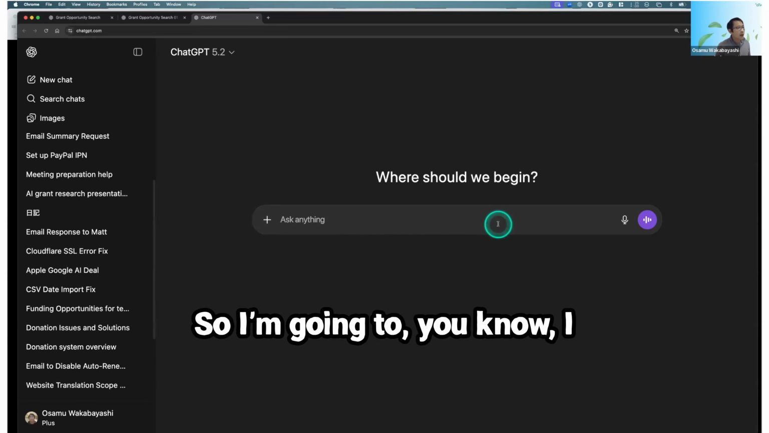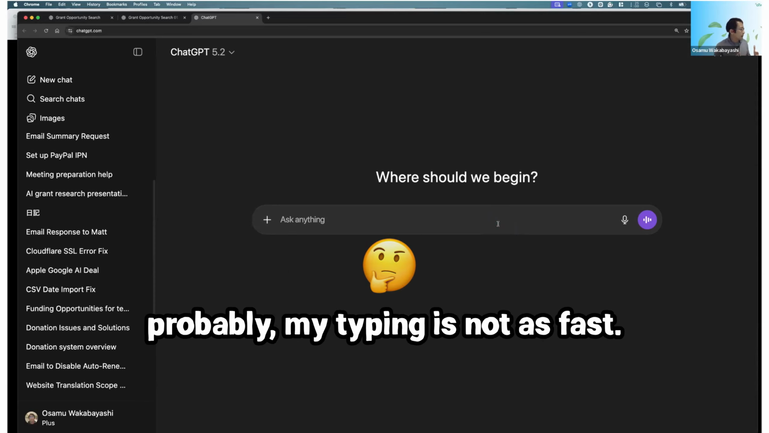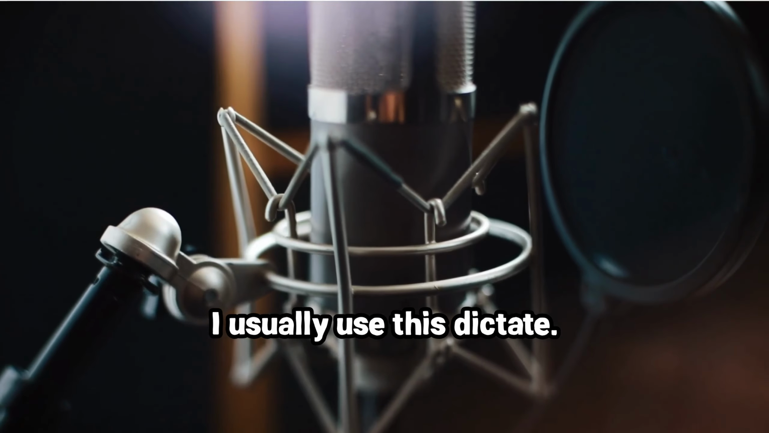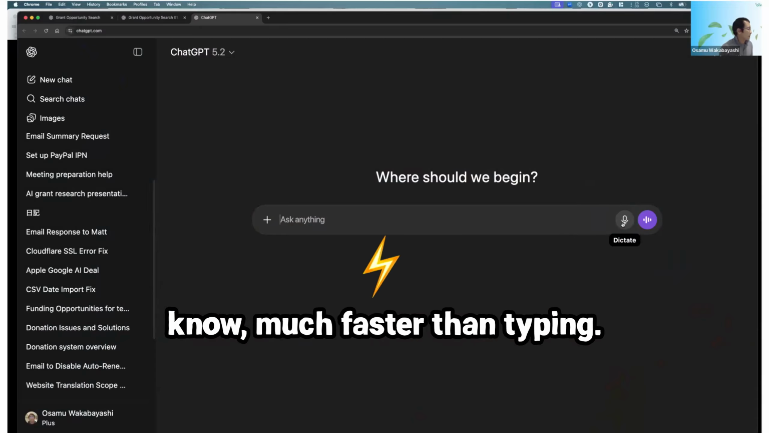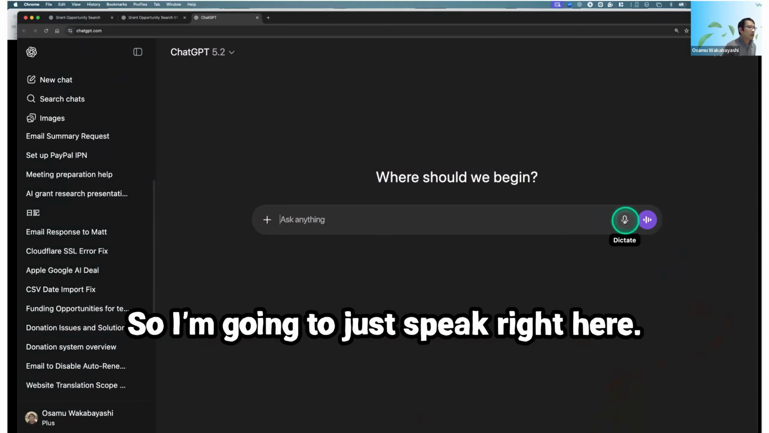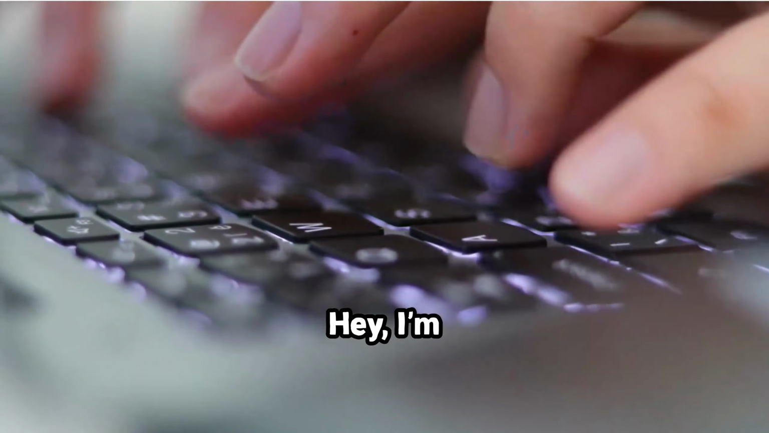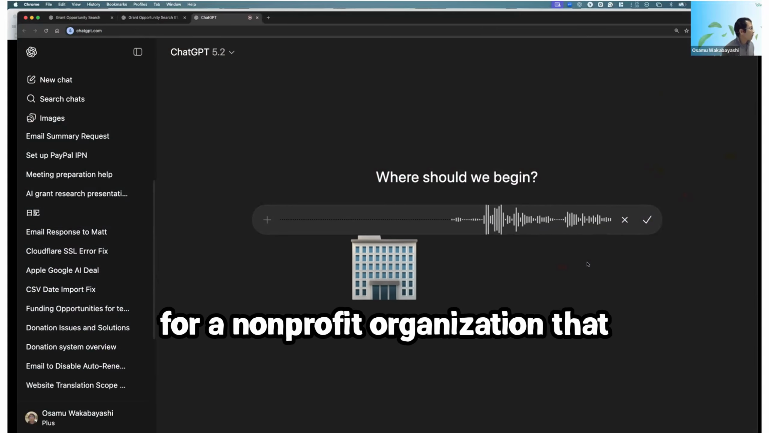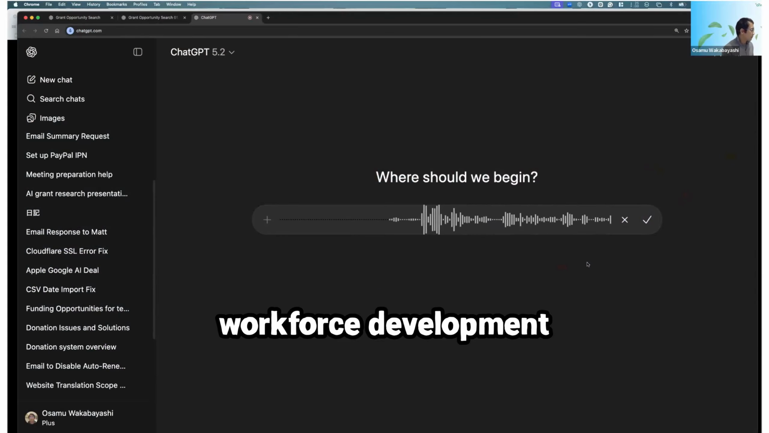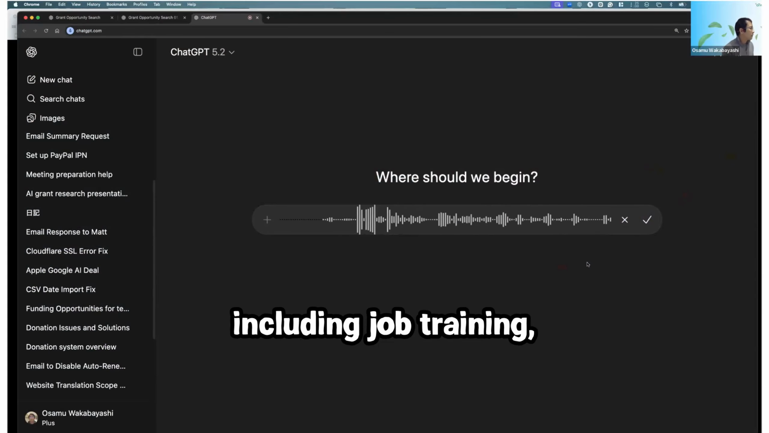So I'm gonna, I probably, my typing is not as fast. I usually use this dictate, because my speaking is much faster than typing. So I'm gonna just speak right here. Hit this button. Hey, I'm looking for grant opportunities for a nonprofit organization that provides workforce development programs, including job